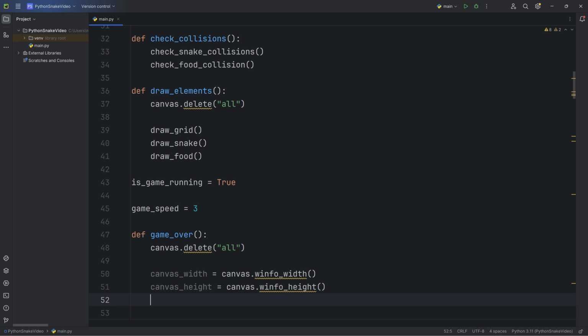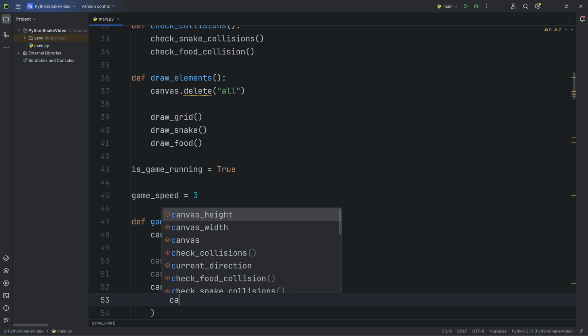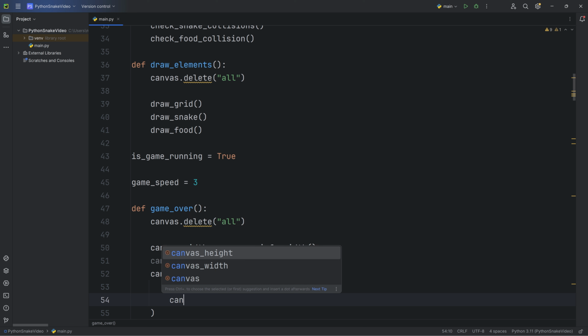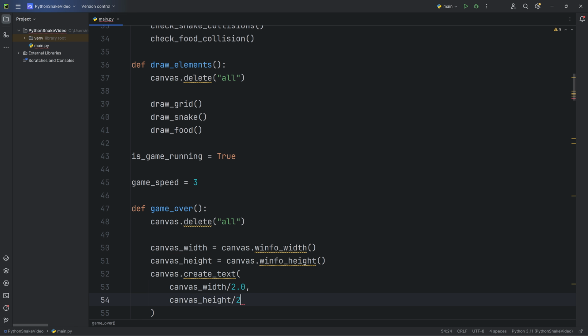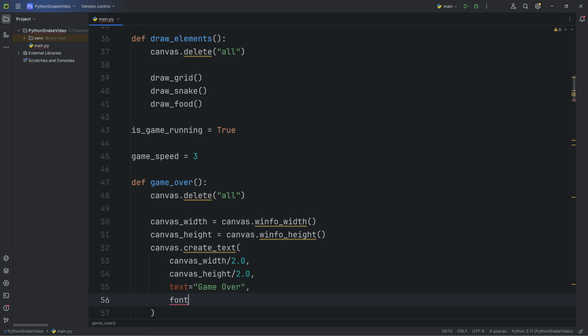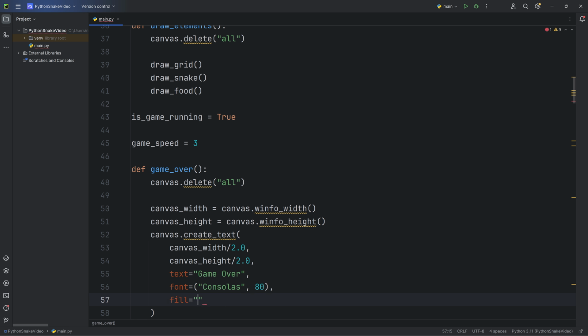To create the text, canvas.create text, canvas width divided by 2.0, canvas height divided by 2.0, text game over, font consolas 80, and fill F1 to A00.